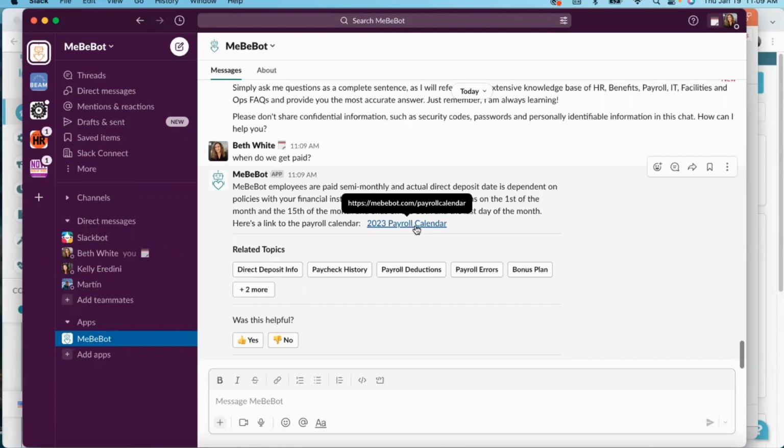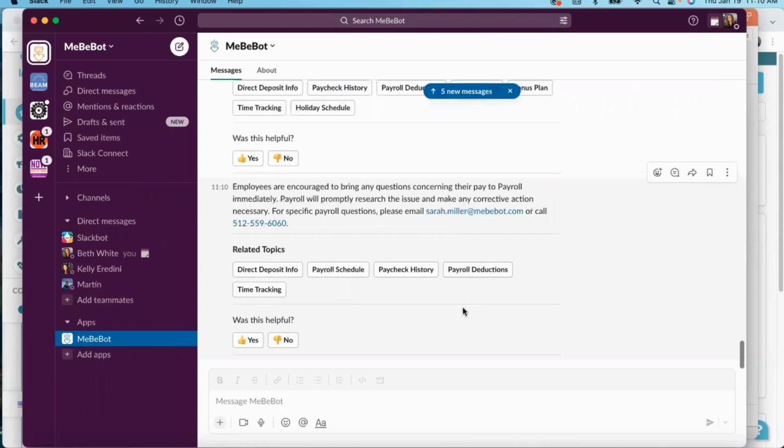You simply add the URL to the answer, and it's delivered to the employee. Very easy. But we know employees often have other related types of questions. So if they wanted to see additional information, perhaps they had an issue on their paycheck and they want to know what to do next, there's a way that they can actually follow down related topics to get more information